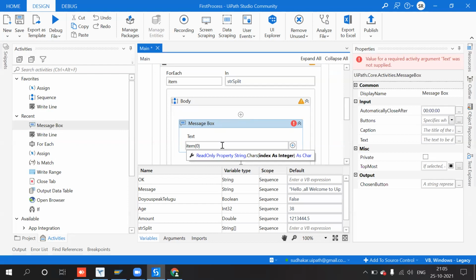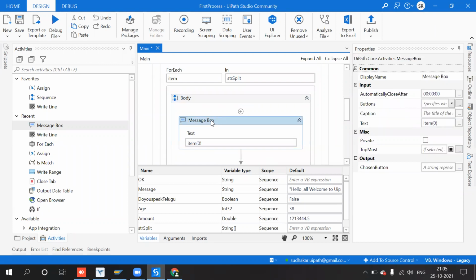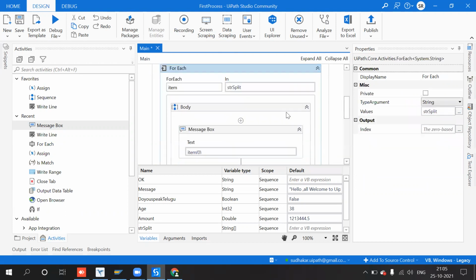This is called IntelliSense. Whenever we are trying to identify something, if it is available, it will show the syntax. Item of 0 means the first element. One more thing is index.